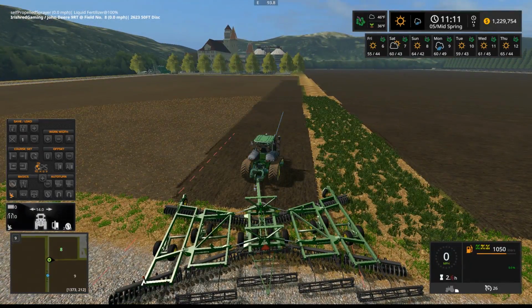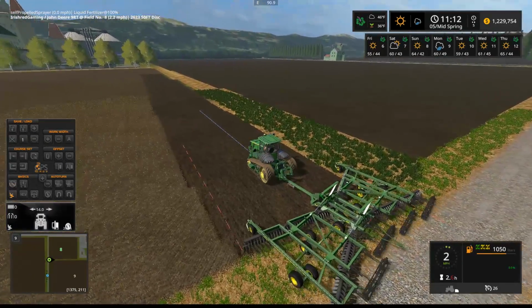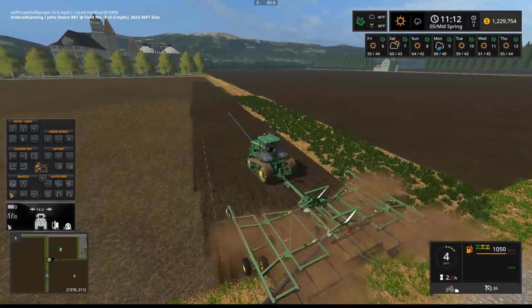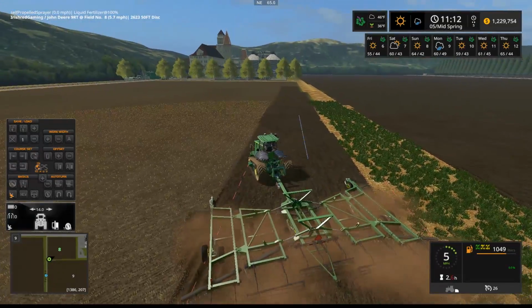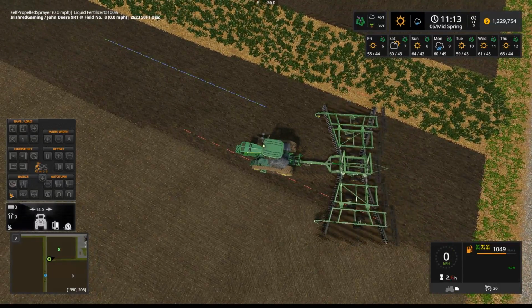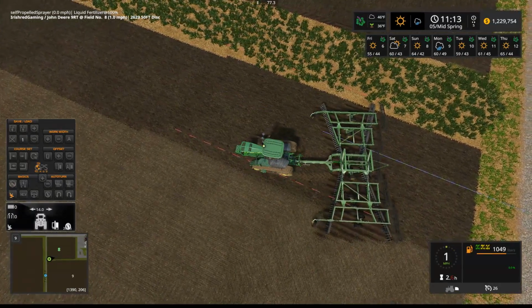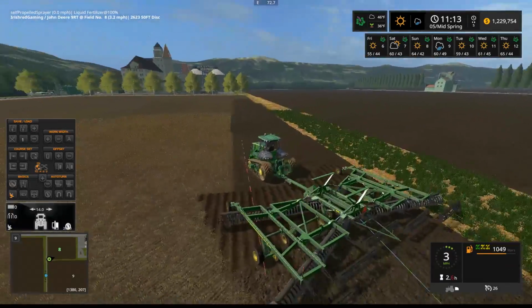Alright, guys, we are back out here at the field now. Just lowered it down. Let's see if this will plow in the front and cultivate in the back. There's the plow texture. Hey, there's the cultivation texture. That is exactly what we wanted to see. So let's go ahead and raise this thing back up, and we will get started on taking care of this field,